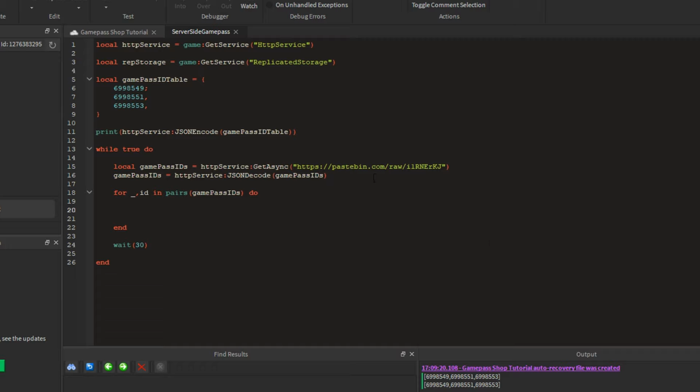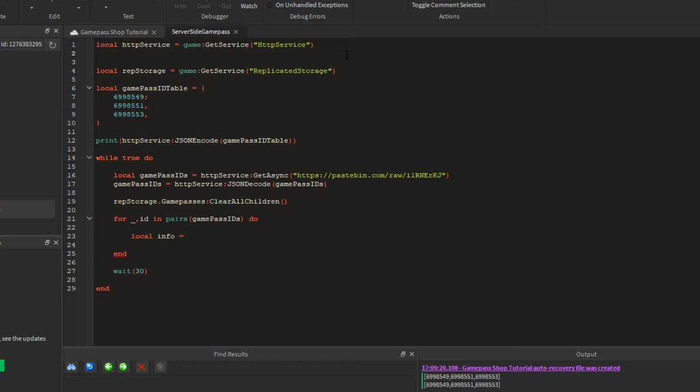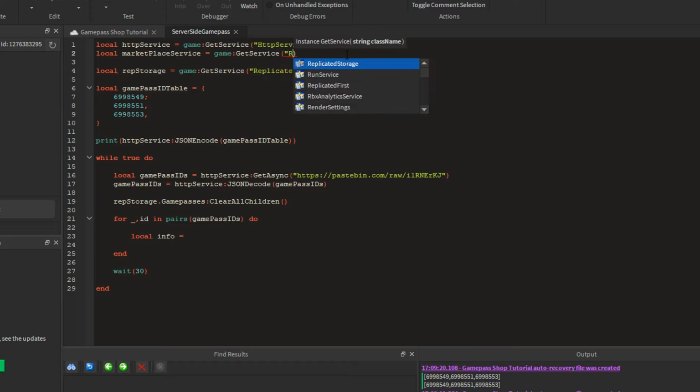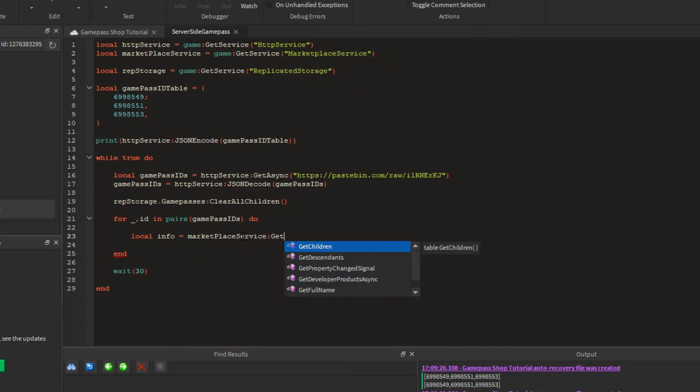What we want to do first is rep storage.gamepasses clear all children, and then local info is equal to marketplace. Oh, we haven't defined marketplace yet. So local marketplace service is equal to game get service marketplace service. So local info is equal to marketplace service get product info ID